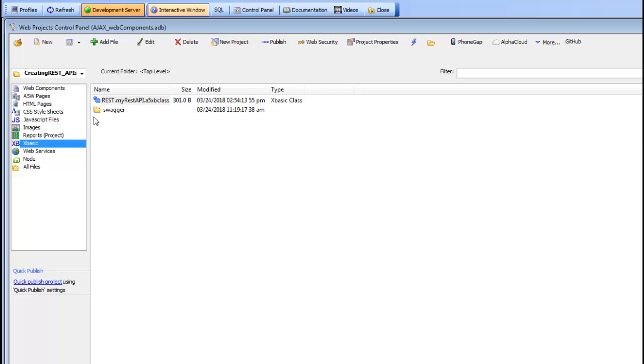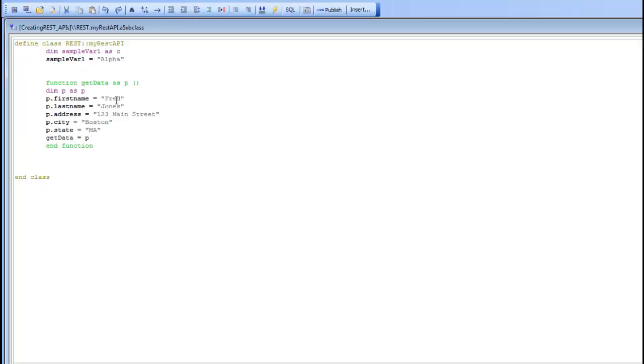So let's go here and edit our XBasic class, and in the interest of saving time I'm just going to copy the class definition from the clipboard. So I'll go here and paste in a new class definition,